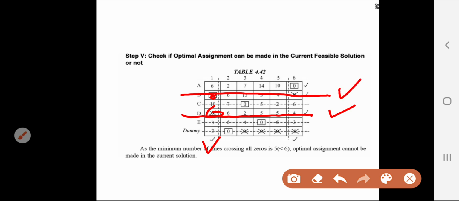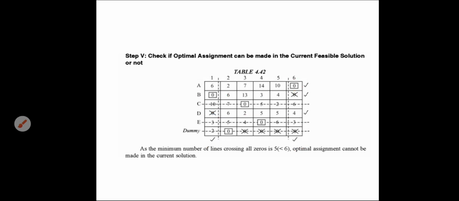In that row, is there any other zero? Yes, there is a zero, then you choose that column also. Okay, you choose that column and mark. In that column, is there any assignment? Yes, there is an assignment, then you choose that row and mark. Okay, in this way you find here total 5 markings. First row, A row, B row and D, 3 rows are marked, and 2 columns, first and 6th column are marked. Okay, now you draw the minimum number of lines.